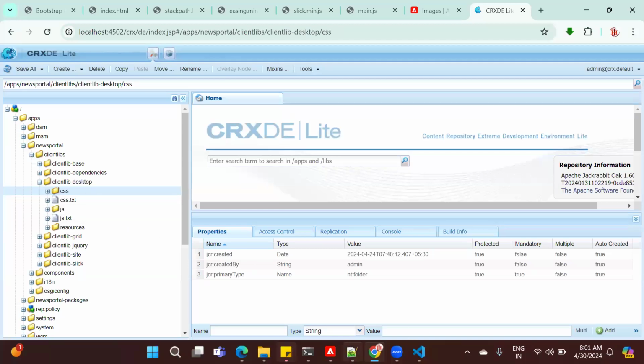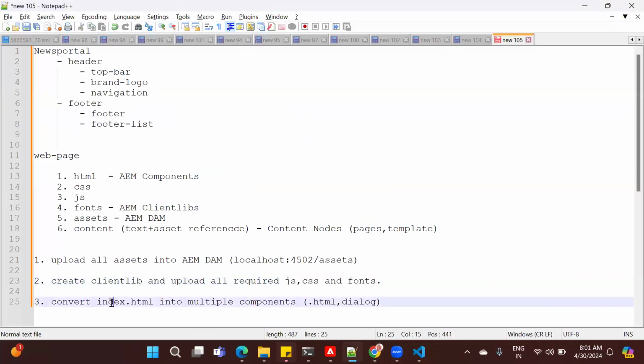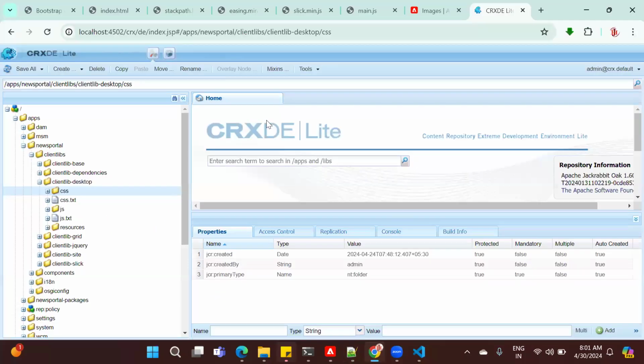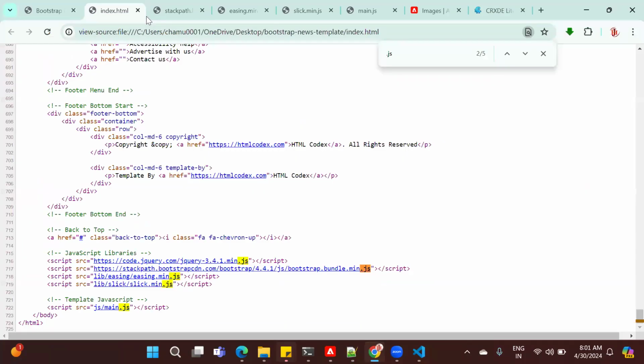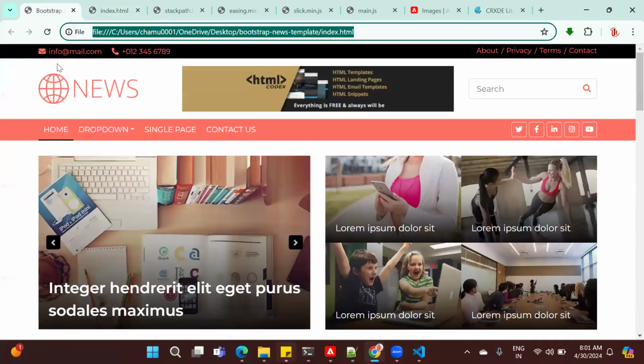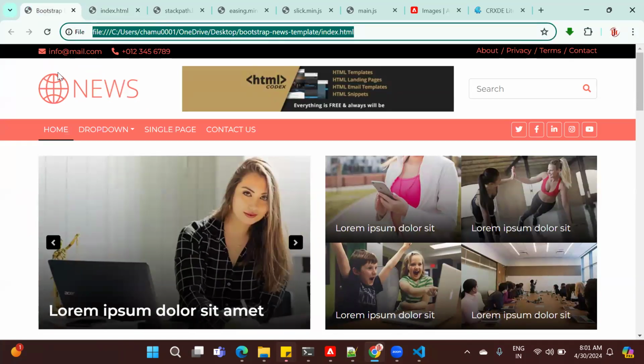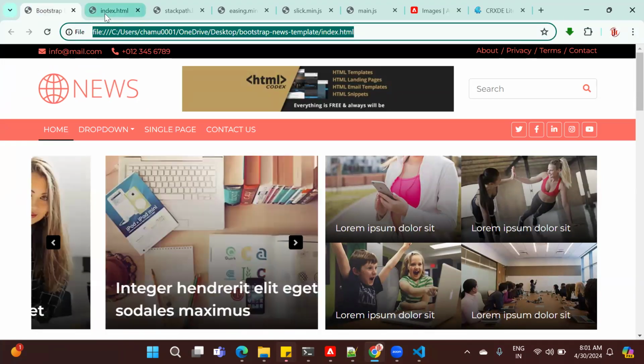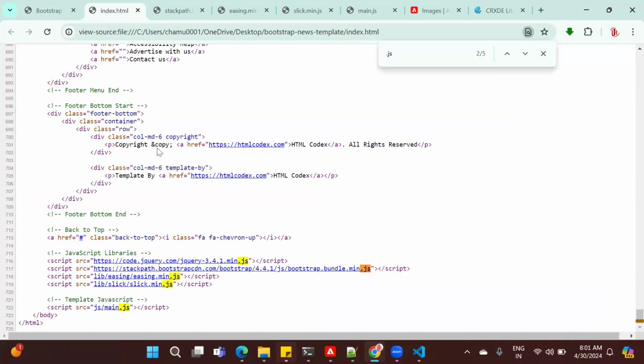Okay, let's convert this entire HTML markup into multiple components. Index.html is a single HTML markup. We have to convert this single HTML markup into multiple components for reusability purpose. Check this index.html file. The file size is 724 lines of HTML markup. We have to convert this entire HTML into multiple components for